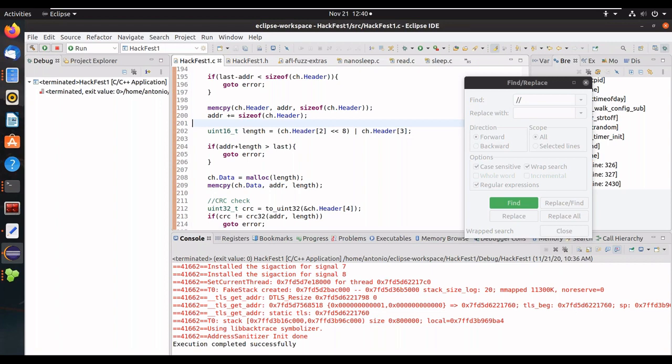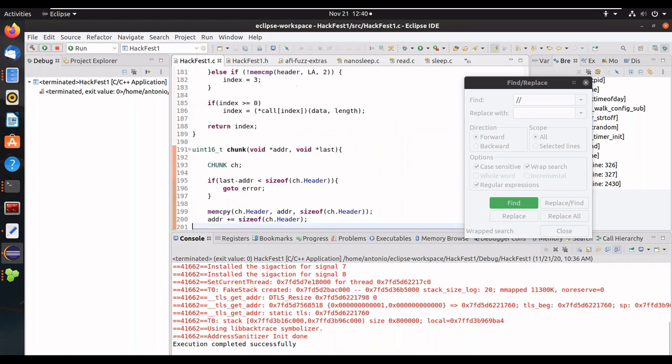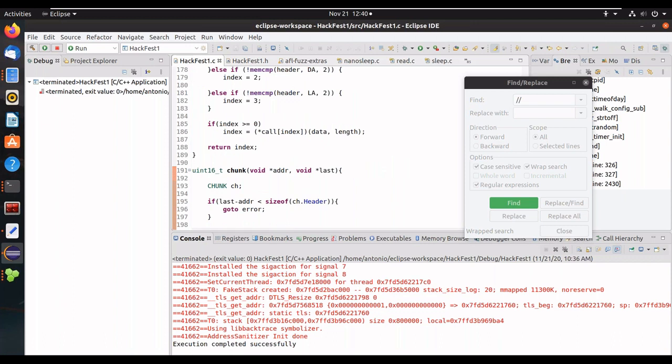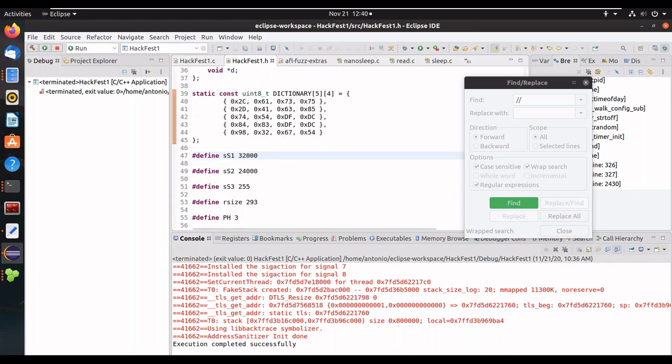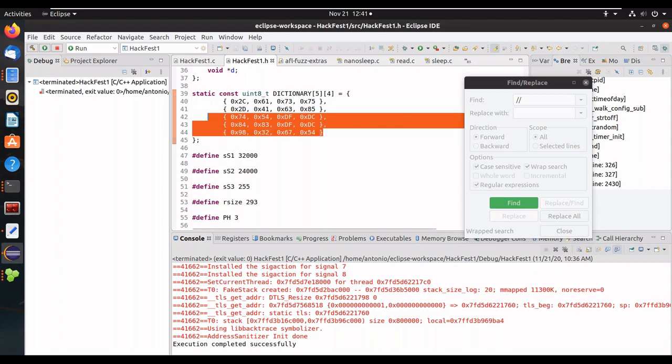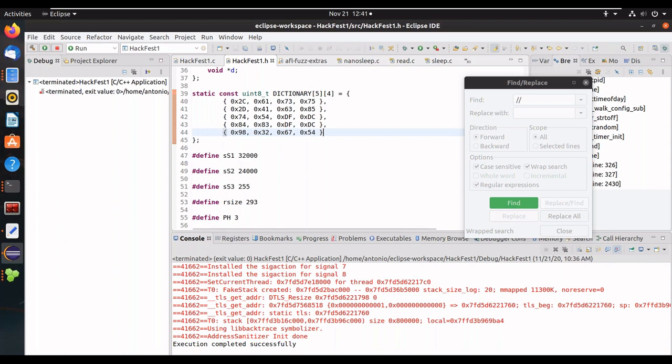Okay, can you see my Eclipse IDE? Okay, perfect. So why do you need to provide a dictionary to the fuzzer? The thing is that on some occasions, like in this case, you're going to find in the code some tags that are quite difficult for the fuzzer to guess. In this case, for example, you can see here 5 tags. Each tag has 4 bytes. So it's quite improbable that the fuzzer finds it only using byte mutation, because if you have 4 bytes, you have 2